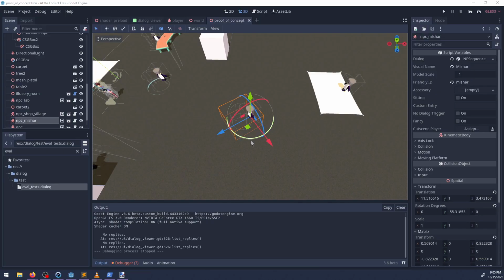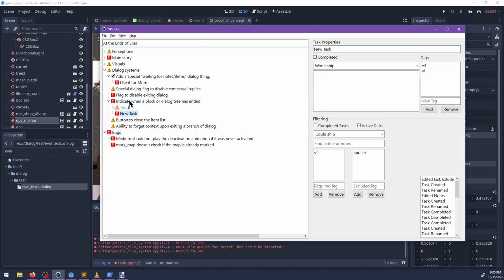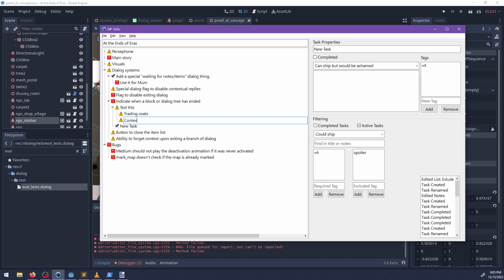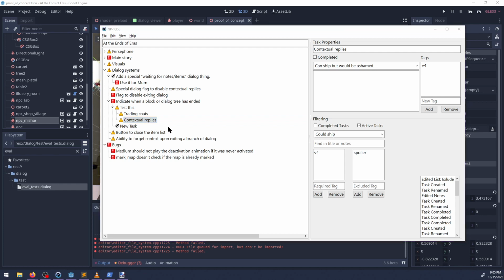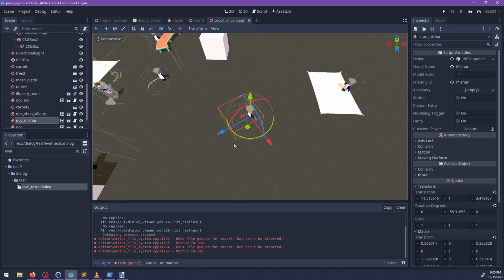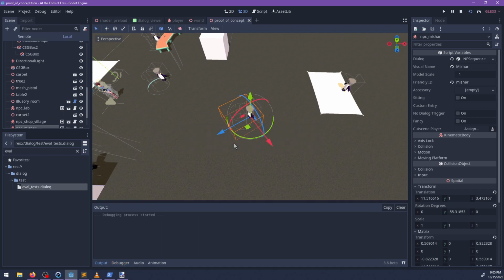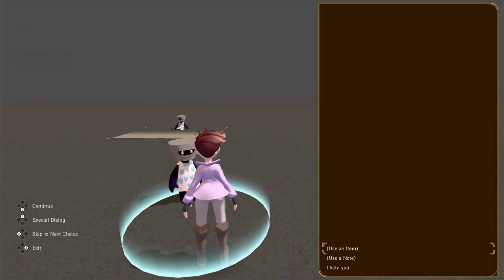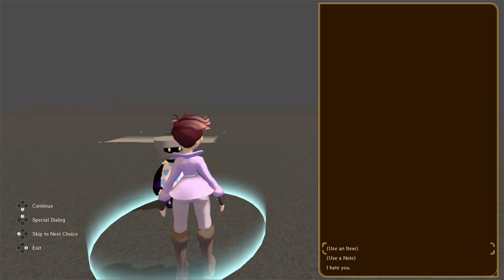Oh yeah, I also need to test entering, so like trading coats. Let's just complete this one. Trading coats. What are other things? Contextual replies. Because I've sort of tested them, but I'd like to test them more. Alright,